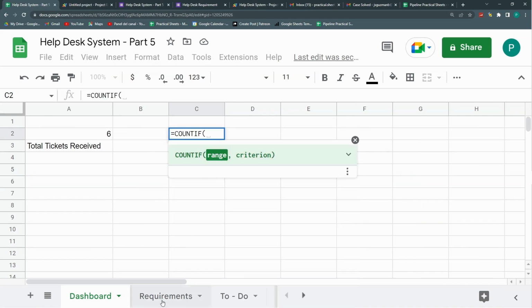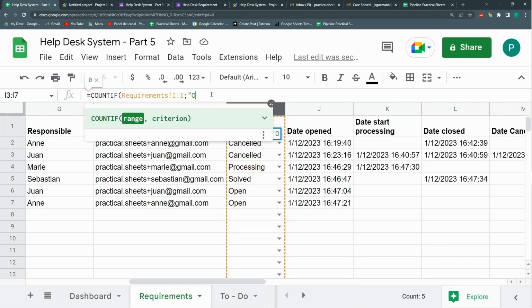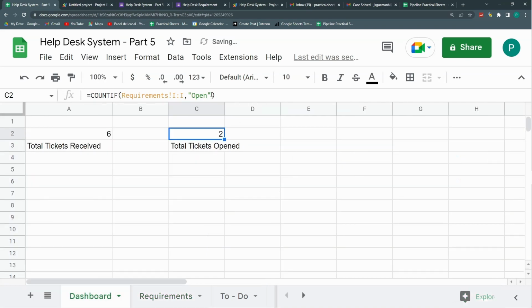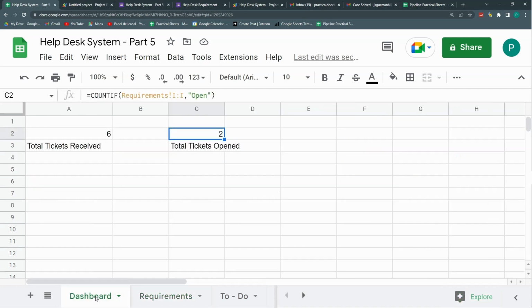So let's COUNTIF here in requirements, we're going to count this column when it says open, no more. So we have 2 tickets opened. Okay, and maybe tickets processing is also important to know. Total tickets processing,